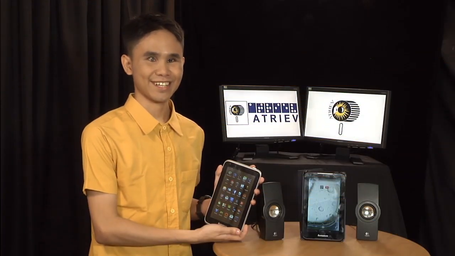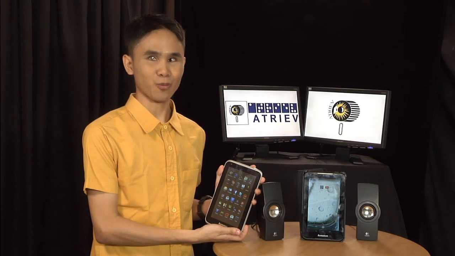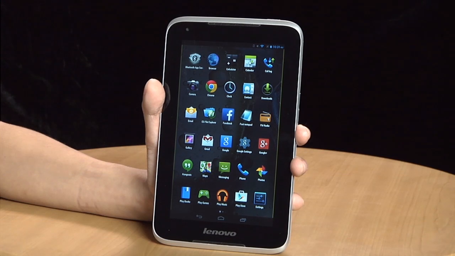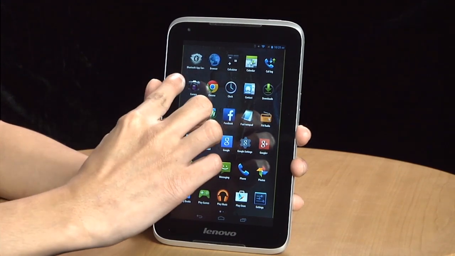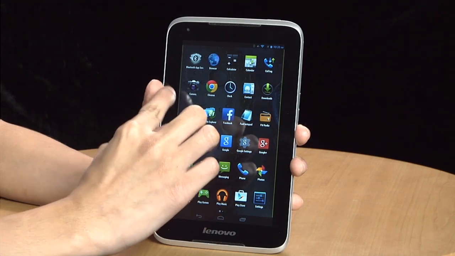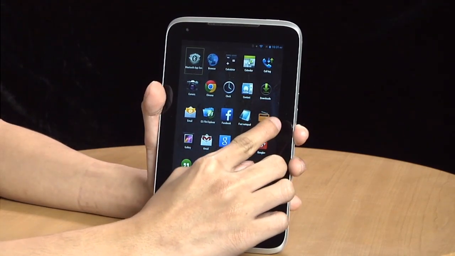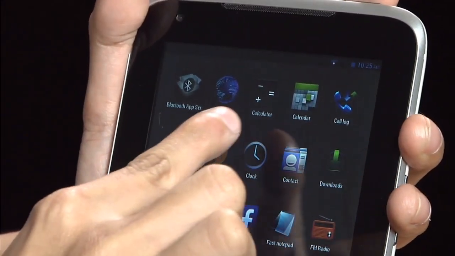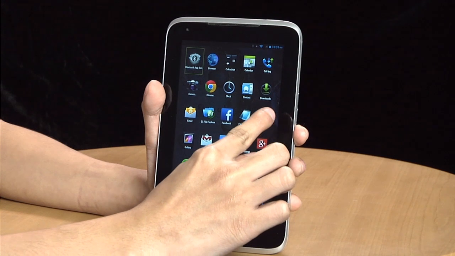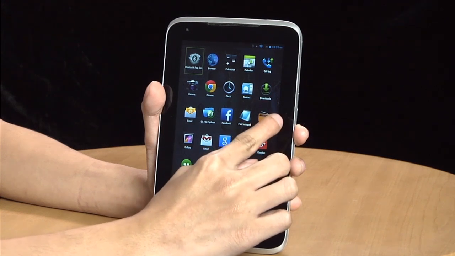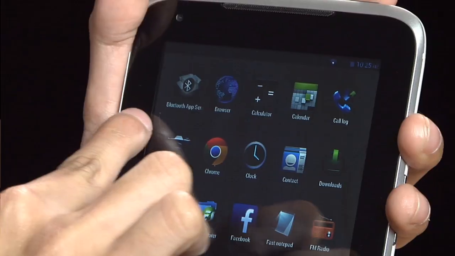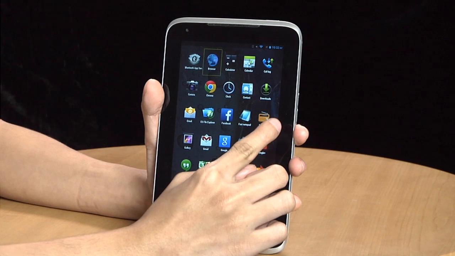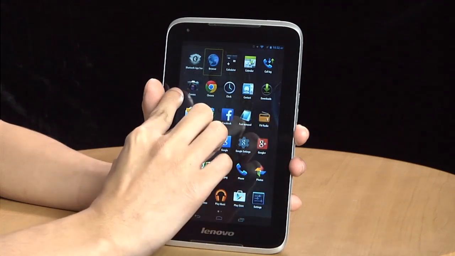Let's demonstrate. Let's say I'm on the apps page and want to find and open the application calculator. I explore by flick. I place my finger on the screen, slide from left to right, and lift my finger, all in one quick fluid motion. Bluetooth app sender. I repeat the flicking motion and TalkBack announces the next item. Browser. I continue to repeat the flicking motion and listen as TalkBack announces each item on the screen one by